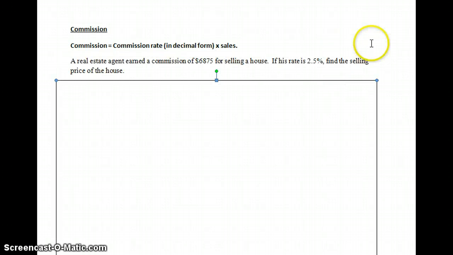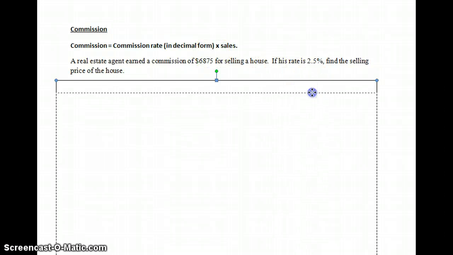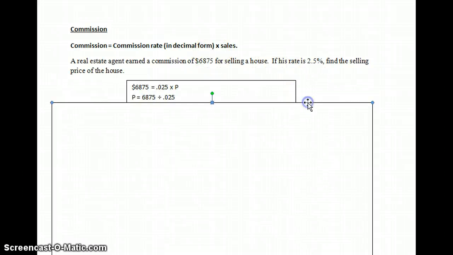So if I had a question such as this, a real estate agent earned a commission of $6,875 for selling a house. If his rate is 2.5%, find the selling price. Now notice we have things out of order here. We're given the commission and we need to find the original sales price. So we just go to our formula